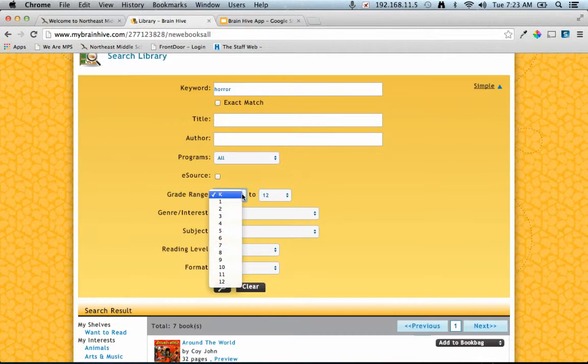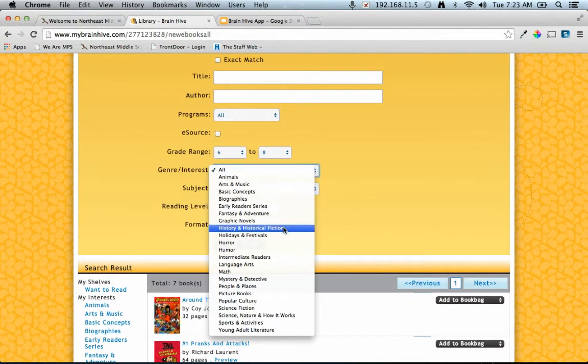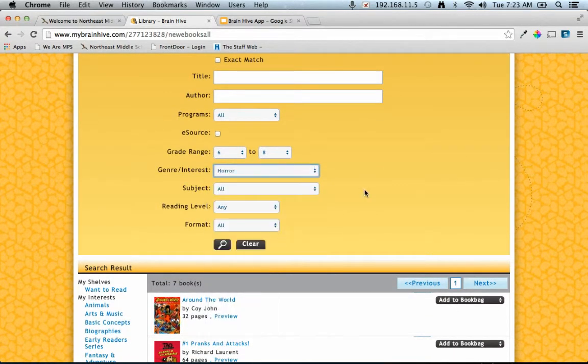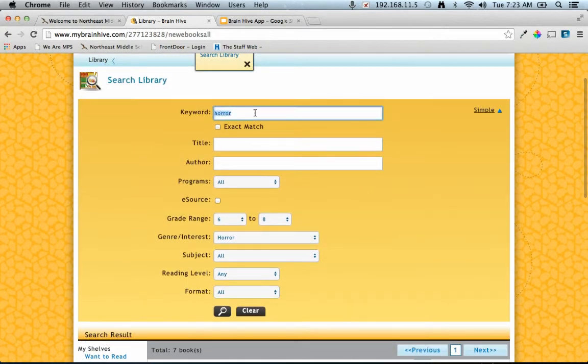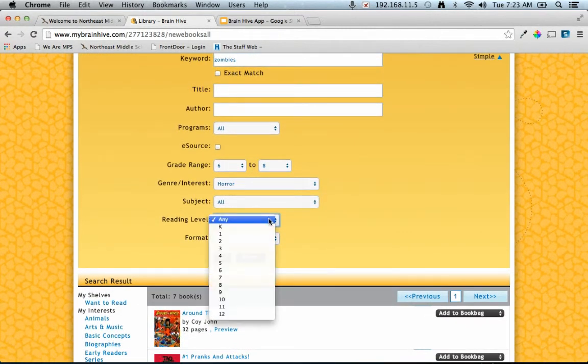Then grade range, for example, we could just search middle school, 6th through 8th. Genre, oh look, there's a genre for horror. So maybe we should just do that, and then maybe search that just for zombies, see what happens. And then the reading level here,